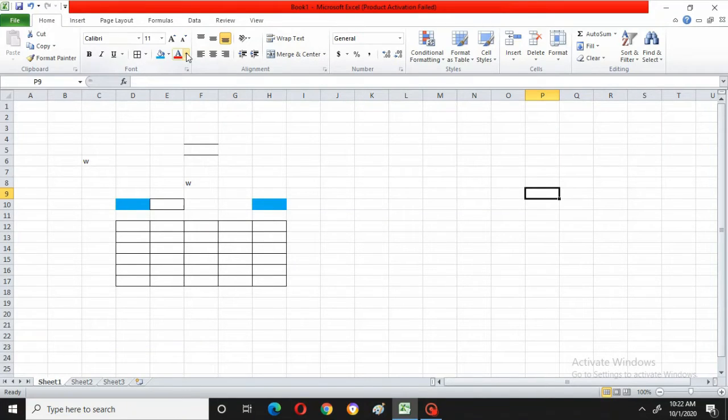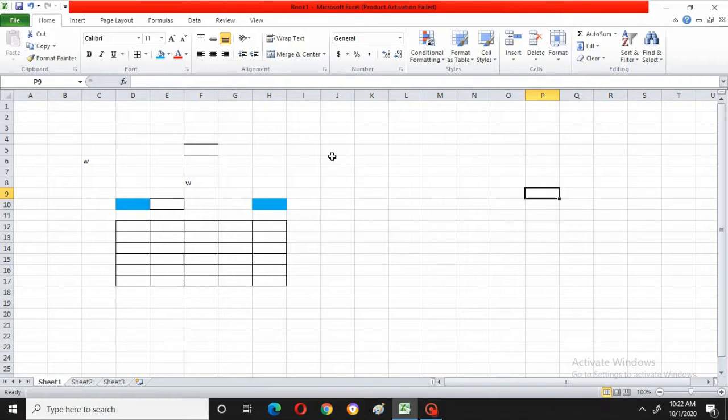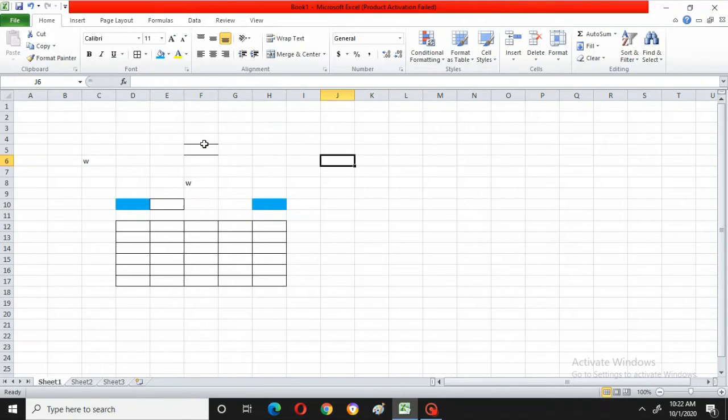Now this is for text color. Suppose whichever thing you want to do, for that particular option, first you have to select the cell. Select the cell, go to that particular option. Now here I am selecting yellow color. Now I have selected yellow color, but you might be thinking nothing has come there. Yellow color will be only for text, right? Understood? So this is about the text color.